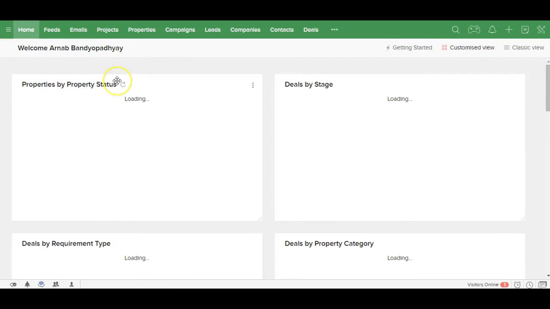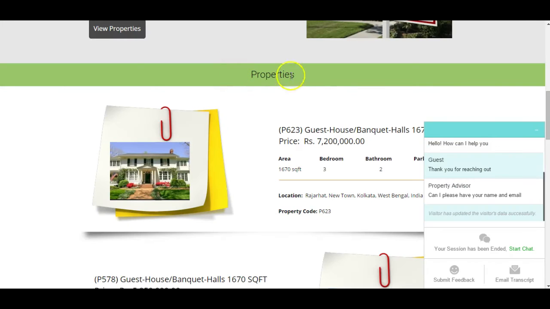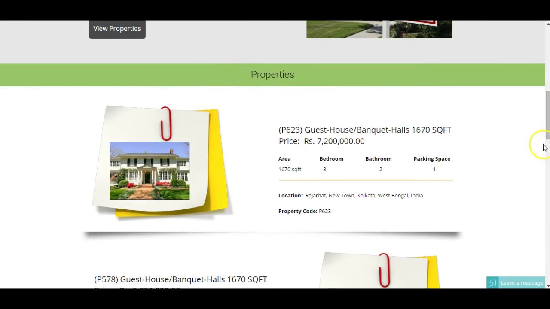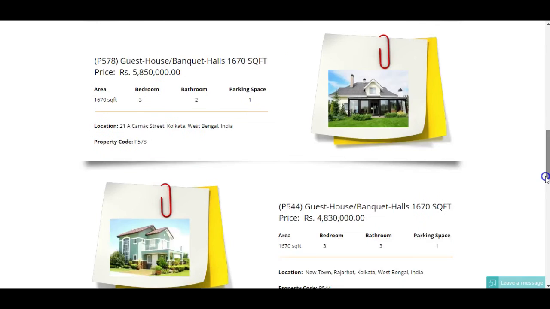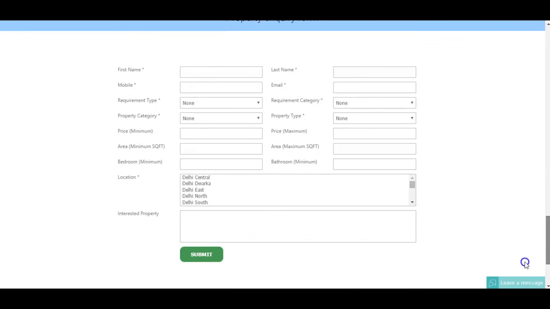Now, let me also demonstrate a couple of other ways you can capture the lead. So, for example, there could be a lot of people leaving inquiries via your website. If I go to the website, this is a demonstration website that we have over here. People might browse through the different properties that you have listed on your website, and finally, they may decide to leave their details over here. Let's put down the details. Let's say his name is James Williams, and let me put the mobile number over here, the email,